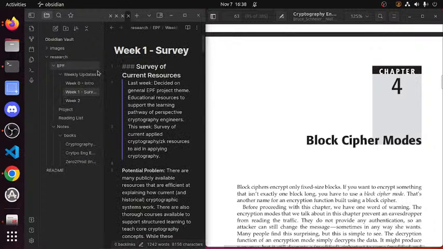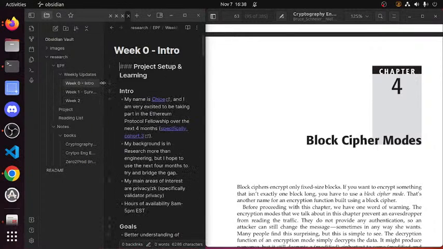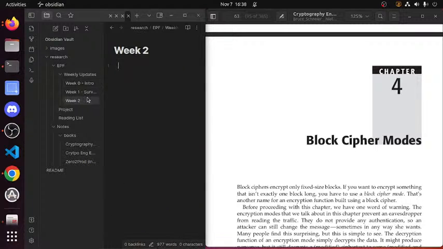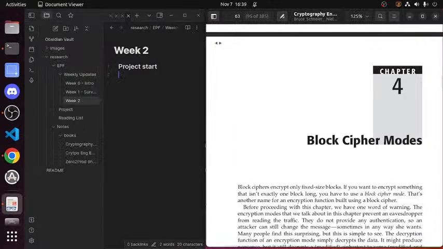I think usually I do my title like so. Week 2 is project start. I don't really want to get down into the weeds, so I guess I should give it a little example first.